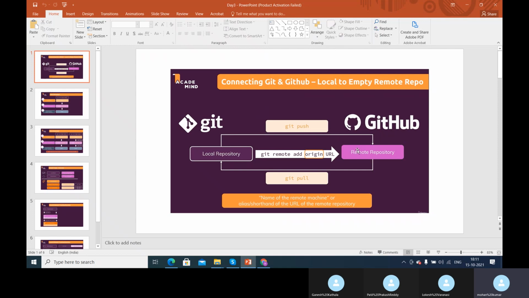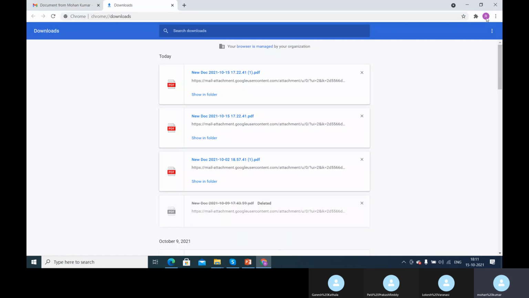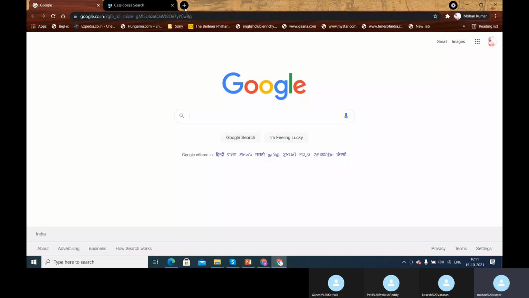So that's the first step, and then we'll keep on exploring different things on moving our data to GitHub or the remote repository. Okay, so the first thing that we have to do is moving the data that is there in the local repository to the remote repository. So before that, let's start opening the GitHub repository and see what all there is in this GitHub repository. So I'm going to my particular GitHub repository. I hope every one of you has created a GitHub account, right?